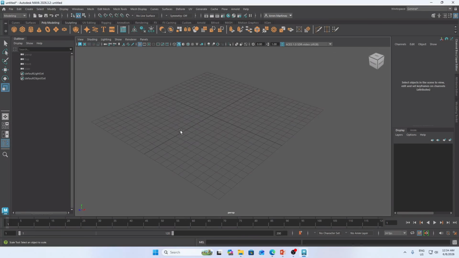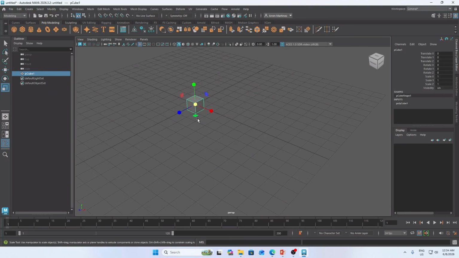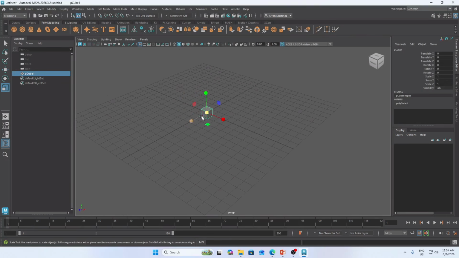Okay, so for example, how can we place an object here? Just navigate your cursor into the polymodeling shelf, and then just click any object that you want to place. For example, I want to place a polygon cube, and yeah, it summons in our viewport.